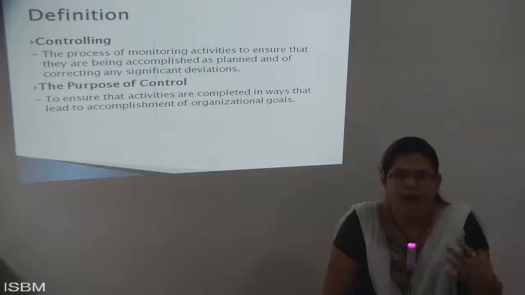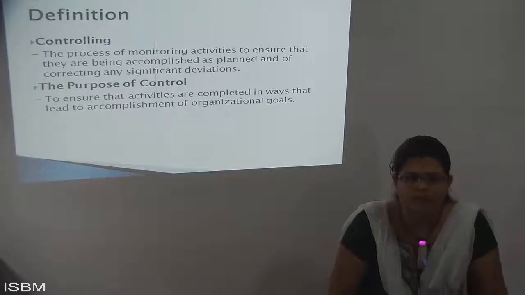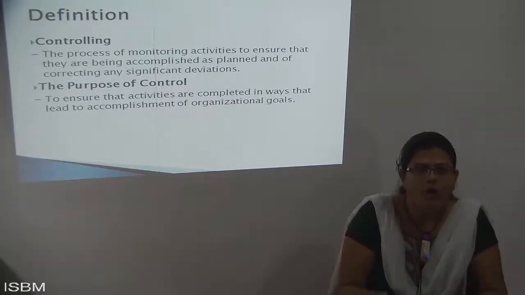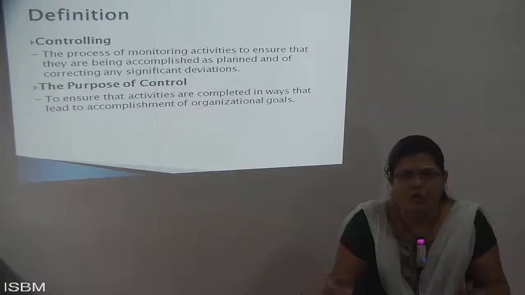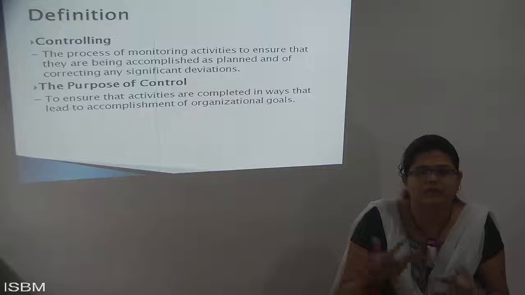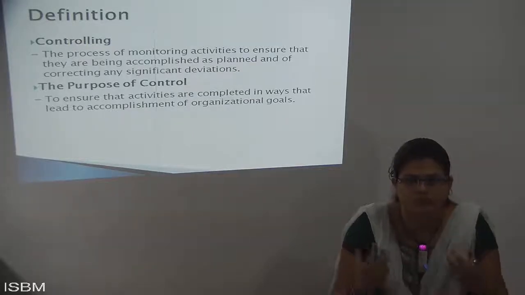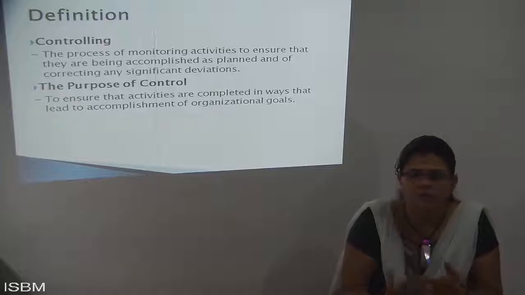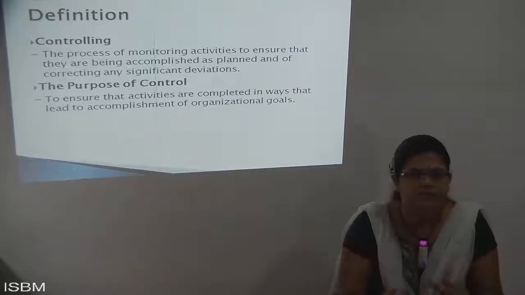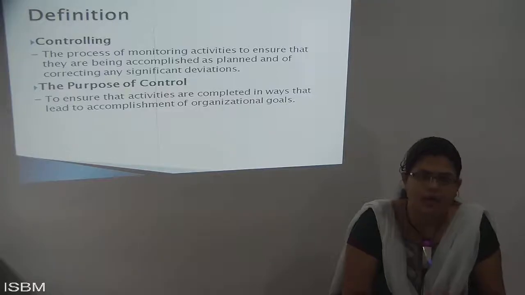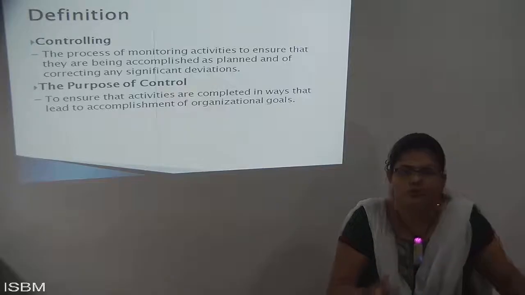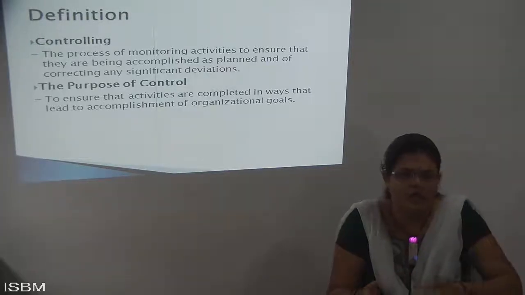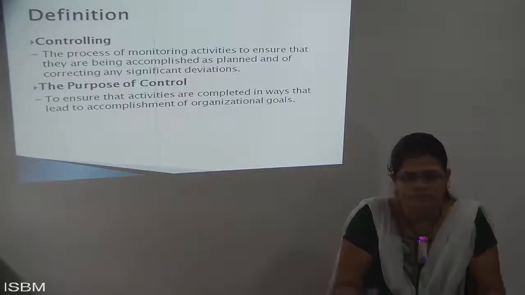Whatever plans we have prepared in our organization, is it going to the level we thought, or is it going anyhow or some other way? If it is going anyhow or beyond it, then ultimately we need to use certain managerial functions, which is called controlling. As we control each and everything, afterwards we will be able to know how to manage, how to go about it, and how it is future oriented, and how we are thinking about the past, present, and future.